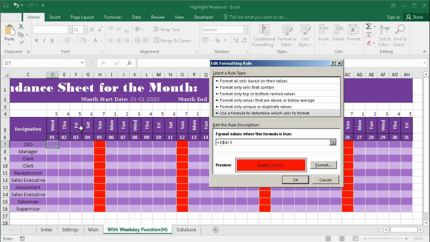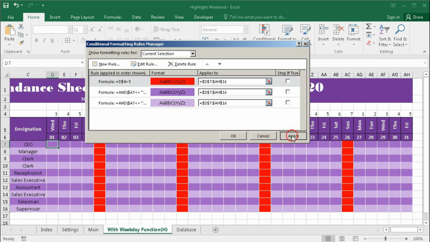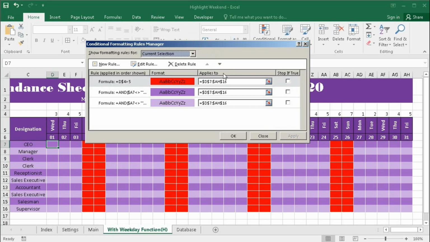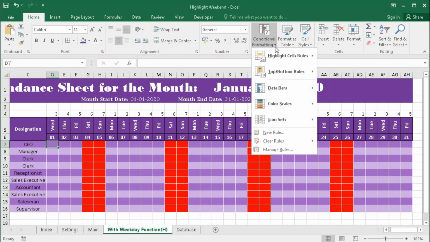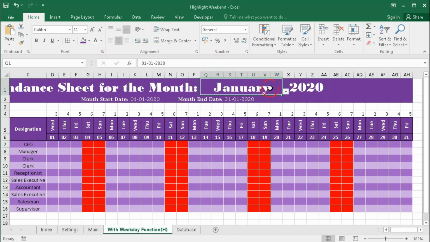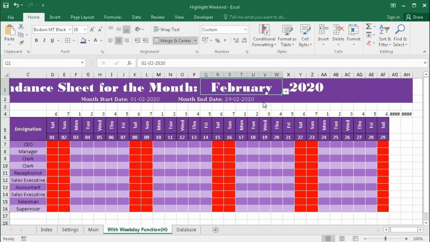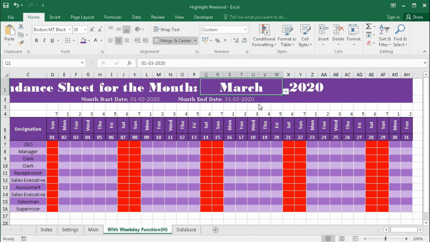That means 6 and 7 are greater than 5. So these two columns will be highlighted. Press OK, apply. Okay, now you can see Saturday and Sunday is highlighted. If you change the month, you can see the columns are automatically changing and Saturday and Sunday is highlighted.